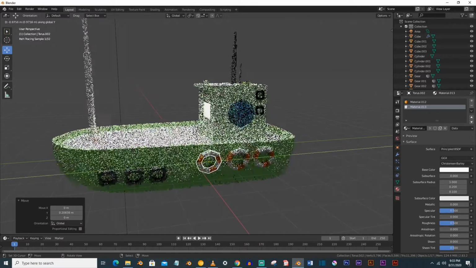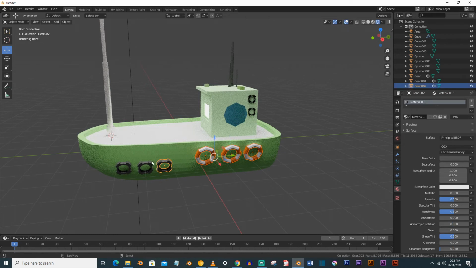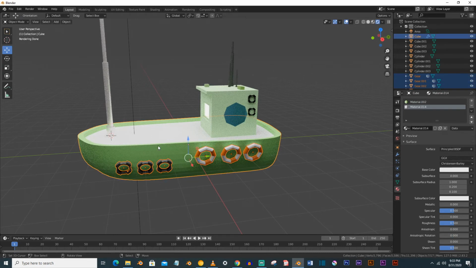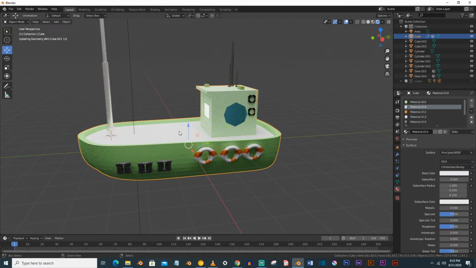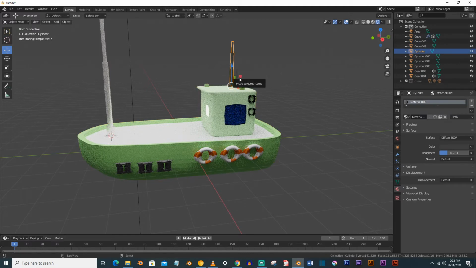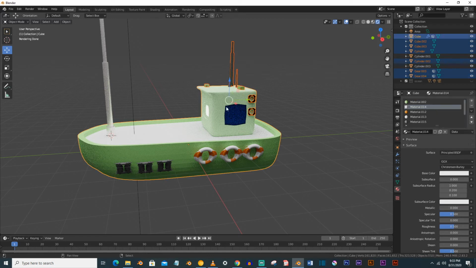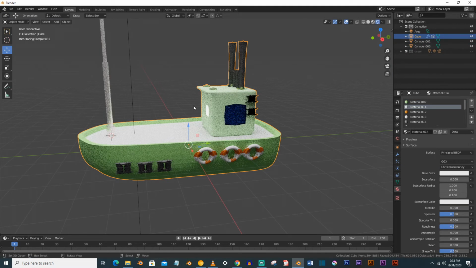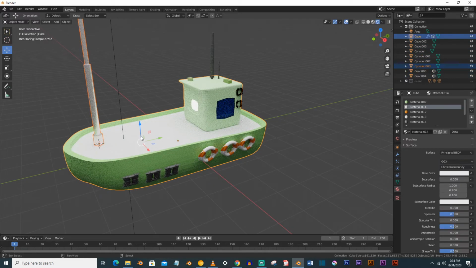Shift D, and on the Y axis, now just select them all by Shift and Control J. Shift select this and Control J. Just quickly select all of these things and select this and Control Shift Z and control this off.